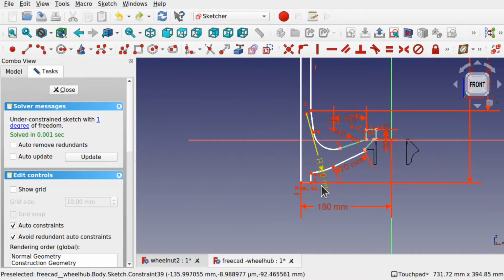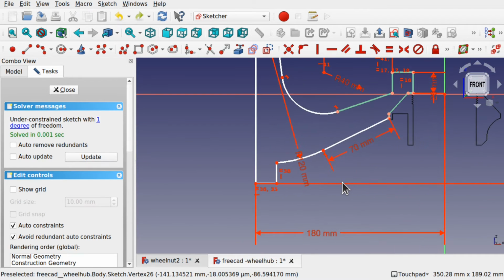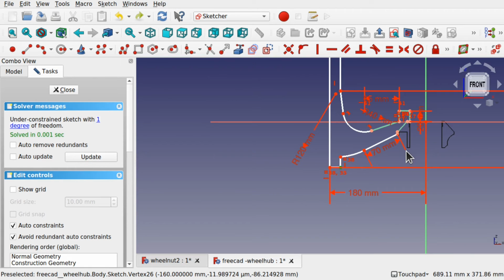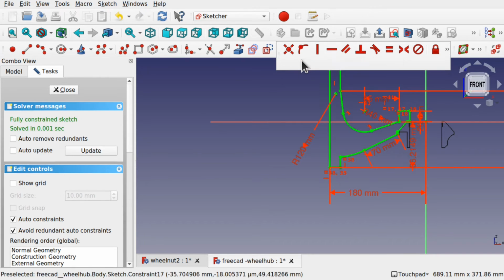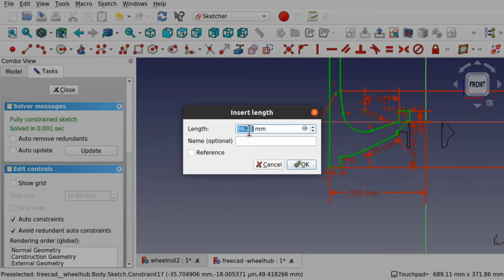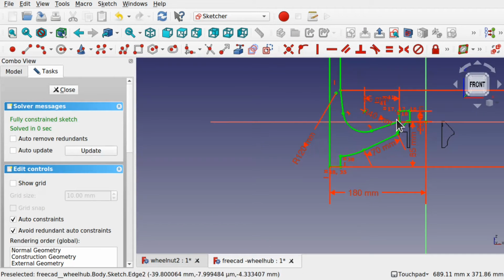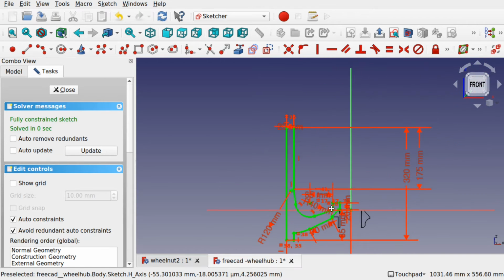Can zoom out, and now we're going to look at setting how far away this point is from the center. Again, using a height, and we're going to set this to around 85 millimeters. We are now fully constrained,